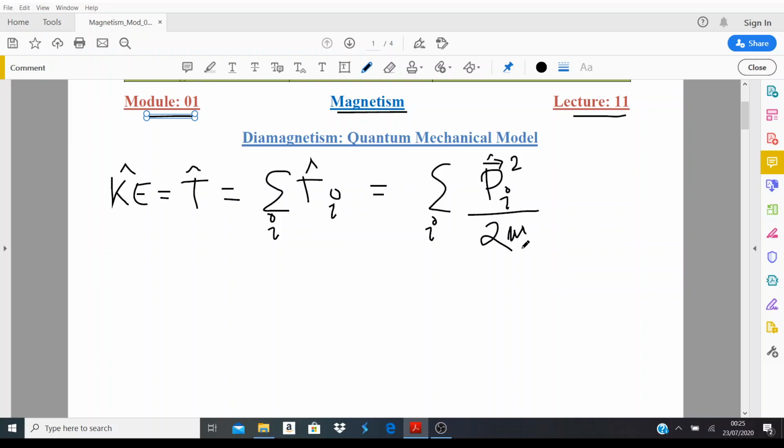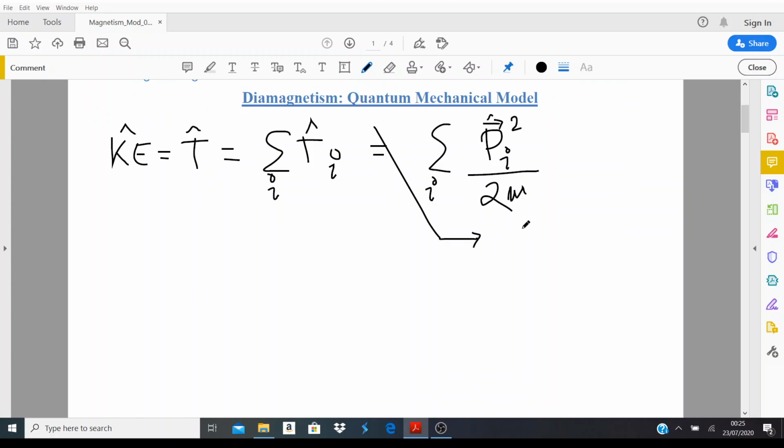But when we try to understand magnetism, the idea is that we need to replace this ordinary momentum operator with the canonical one. So we need to replace Pi with